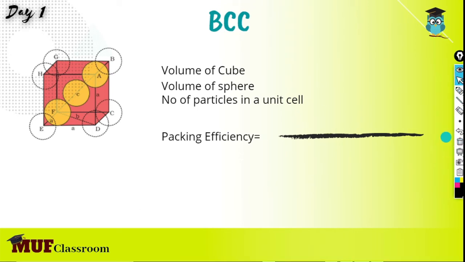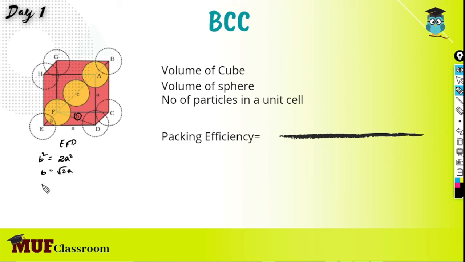Up next we have the last one, that is body-centered cube. So in body-centered cube, it is clear that the atom at the center will be in touch with the other atoms diagonally arranged. So what happens here is, we need to use two Pythagoras theorems. The first one is triangle EFD. By triangle EFD, we get the value of B. B square is equal to 2A square, and then B is equal to root 2 A.